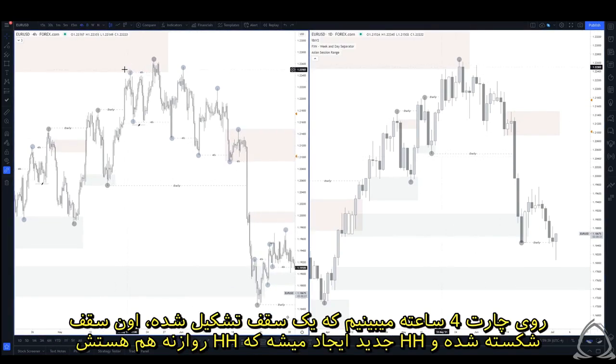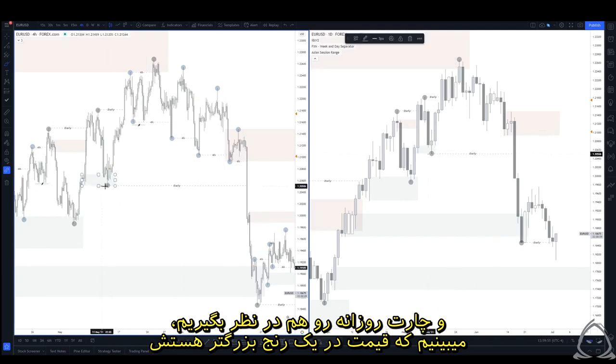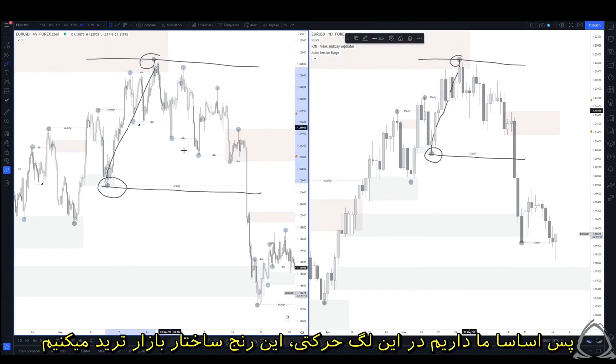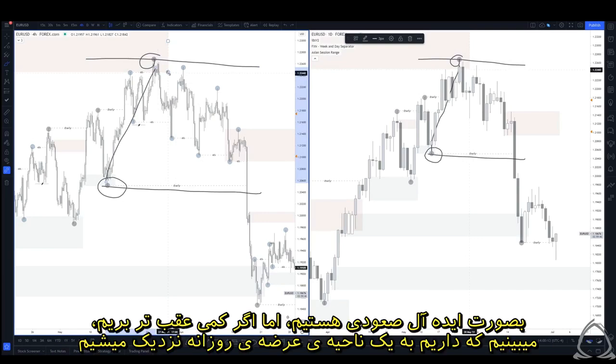And what we can see is on the 4-hour chart, we create a high, we break that high, creating a higher high, which is also the higher high on the daily. But this is where things start to change a little bit. Again, if we're factoring in the daily chart, we would see that price is in a larger range. We have our daily swing low here and our daily swing high here. So we're trading within essentially this impulsive leg, this range of market structure. So as a result, we would still be ideally bullish